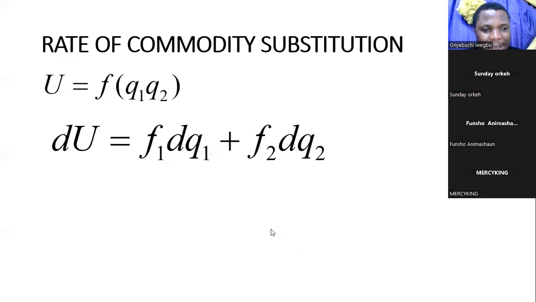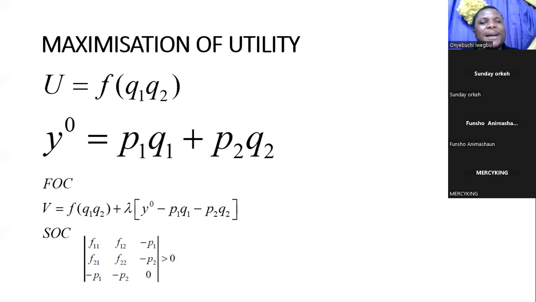How do we maximize utility? In maximizing my utility, there are two conditions: first order condition and second order condition. In my utility function, remember, I started by saying a consumer has an objective and the consumer has resources. The objective is to maximize profits. The resource constraint is his income. So the consumer cannot spend beyond his income. Now, what is the objective of the consumer? The objective of the consumer is to maximize